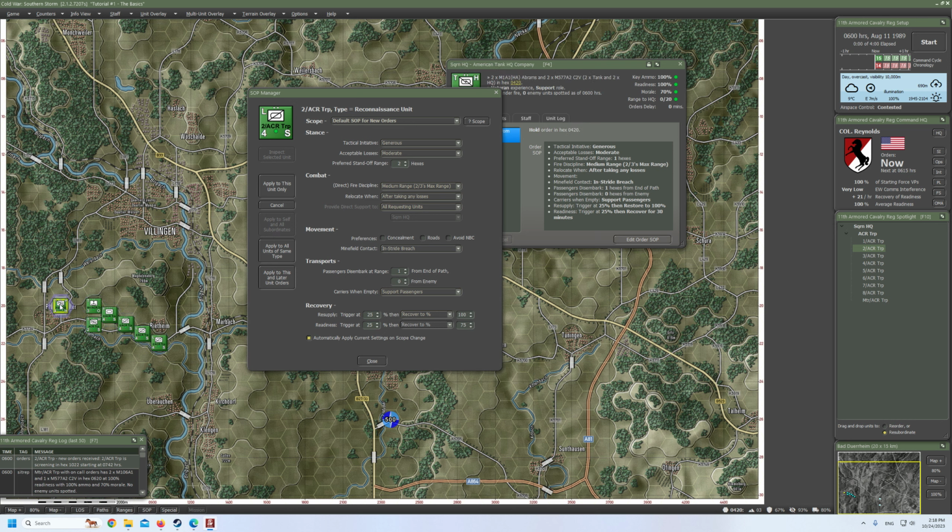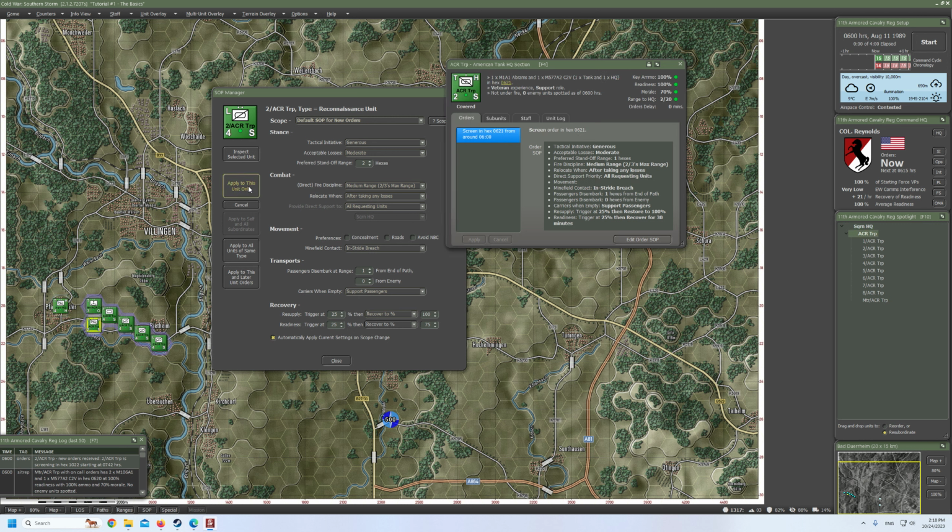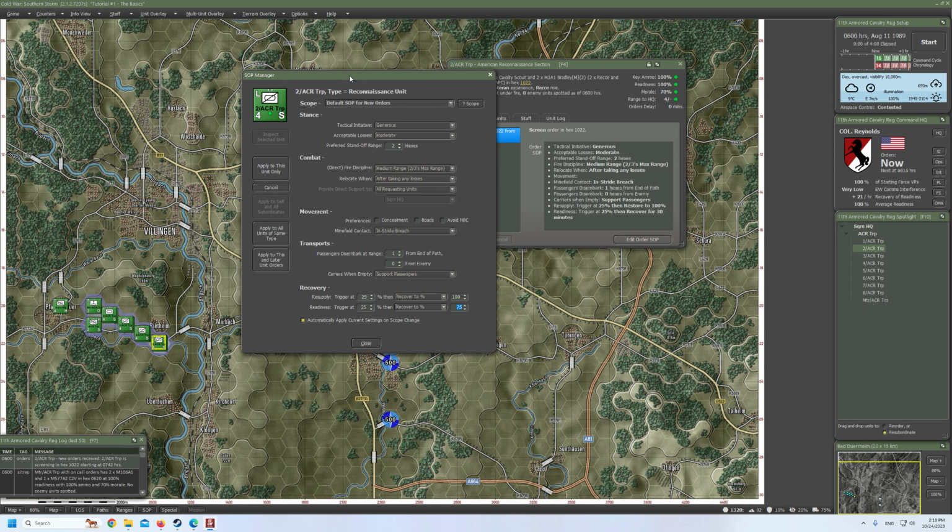I think that's the case for the HQ, I believe. Might be true, might be not. I don't think I ever clicked on that. I don't even remember. Anyway, next we have apply to all units of same type, and that's quite good